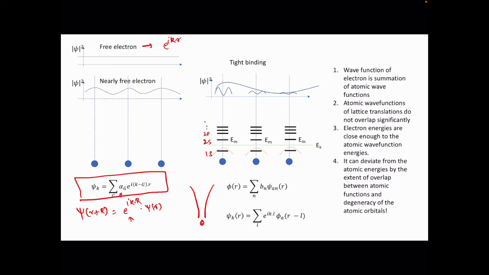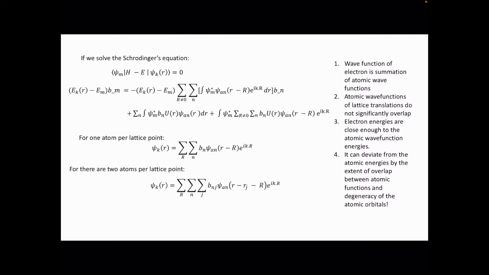And you can write psi of r, which is a summation of several atomic orbitals, and the total electron wave function can be written the same way you write the Bloch electron here, right? A summation of lattice-translated orbital functions. So these orbital functions, which are summations of atomic orbitals, can be lattice translated and summed. We showed that this is also a Bloch wave function. The main property of the Bloch wave function is this, and we showed that this wave function description also follows that, right? We solved the Schrodinger equation